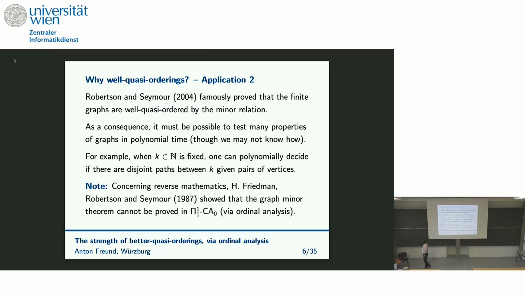So I've mentioned this theorem of Kruskal about finite trees, and there's a corresponding theorem about finite graphs, which is infinitely more difficult to prove, due to Robertson and Seymour, who wrote a series of about 20 papers in order to reach that theorem. And I think it's considered one of the greatest achievements in combinatorics in the last century. What the theorem says is that the class of finite graphs is well quasi-ordered under the minor relation. So minor relation means that